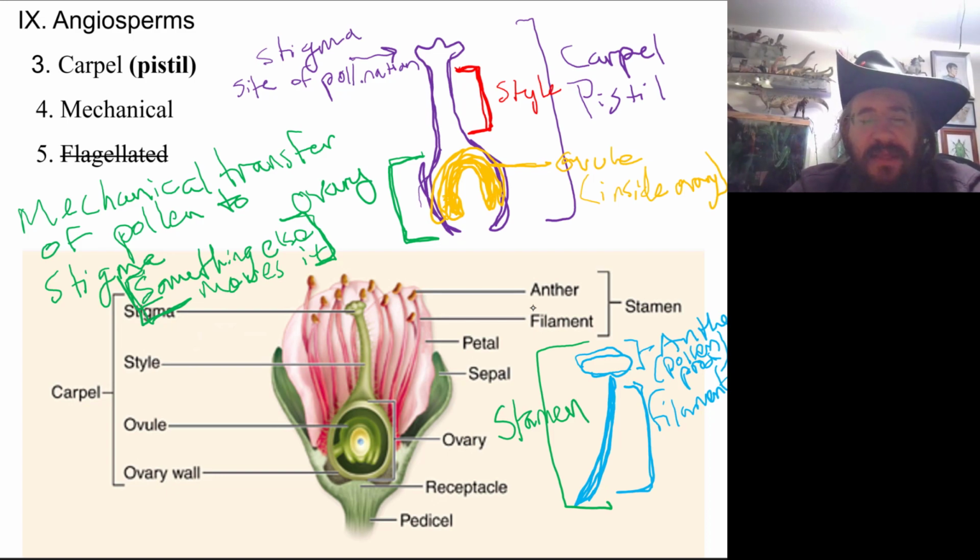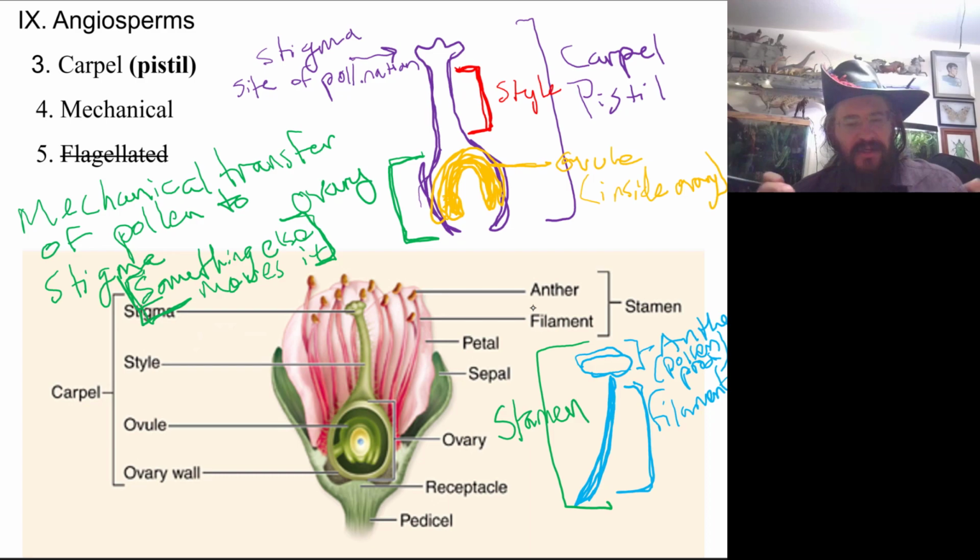Not too terrible. All right, so mechanical transfer of pollen to stigma. Transfer of pollen to stigma is certainly angiosperm specific, which we mentioned because we're talking about flowers. But mechanical transfer, something moves it rather than it moves itself, is seen in a lot of gymnosperms, specifically the ones that don't have flagellated sperm. So, hence why it wasn't under the list of synapomorphies. So anyway,